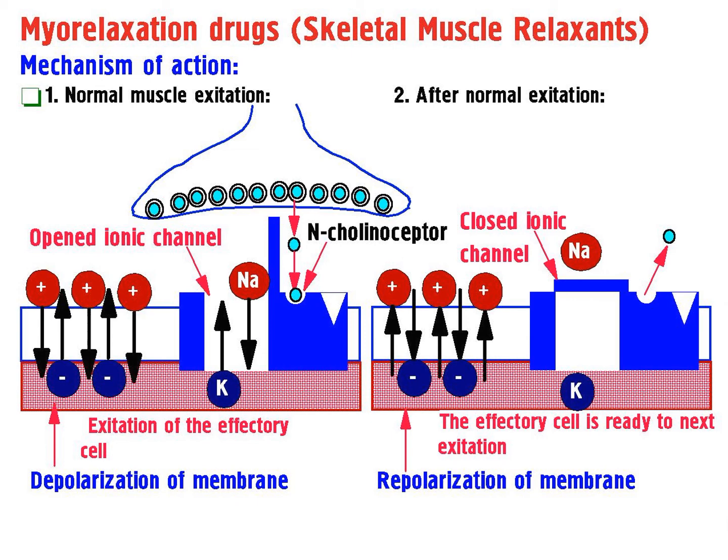The mechanism of action of these drugs is associated with impairment of the normal process of depolarization and repolarization of the cell membrane of skeletal muscle cell. Normally, when acetylcholine binds to the N-cholinergic receptor, it leads to the opening of sodium channel. Sodium enters the cell, produces depolarization and excitation of the effector cell, and muscle cell contracts. After that, acetylcholine is removed from the binding with the receptor, sodium channel closes, and repolarization of such membrane develops, which restores